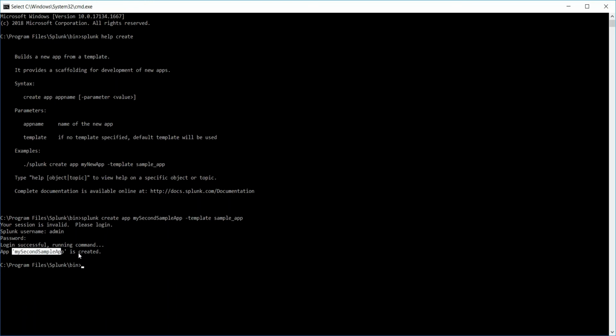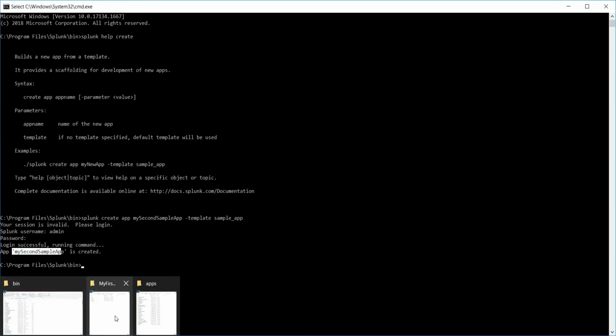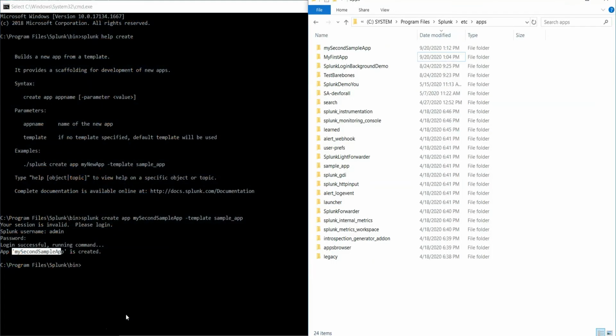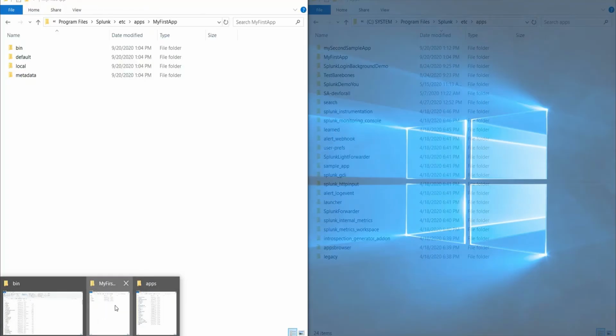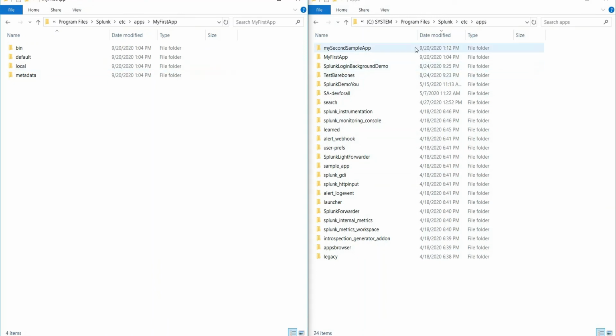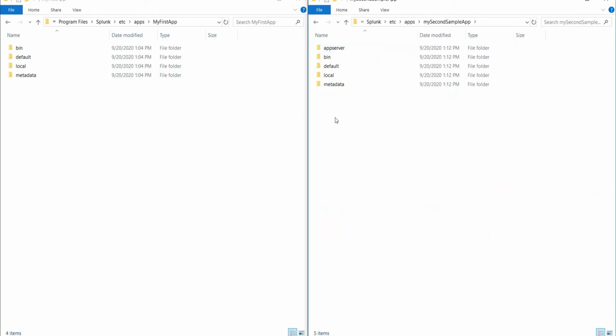Now you can just go to your Splunk home directory and the apps folder. You should see the apps in this directory, etc/apps, and you can see my second sample app. If you see the difference in the folder structure of these two applications, on the left side, my first app is the application created with the bare bones template, and on the right-hand side is the application created with the sample app template.